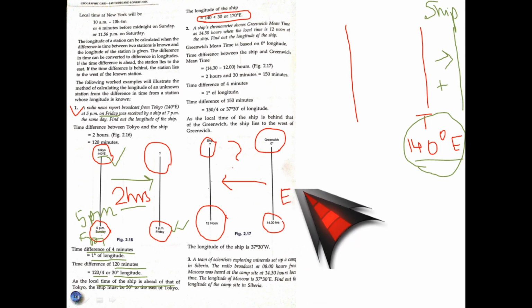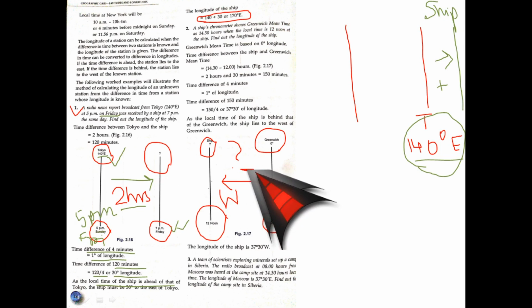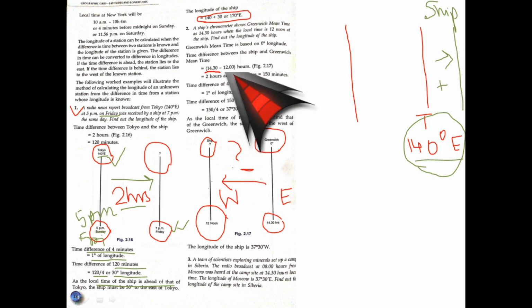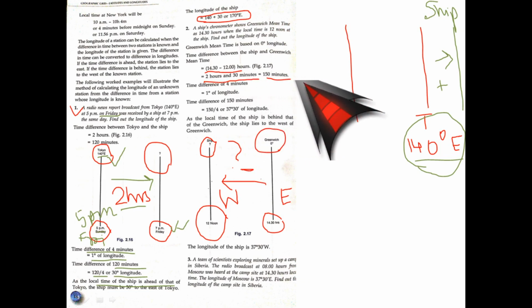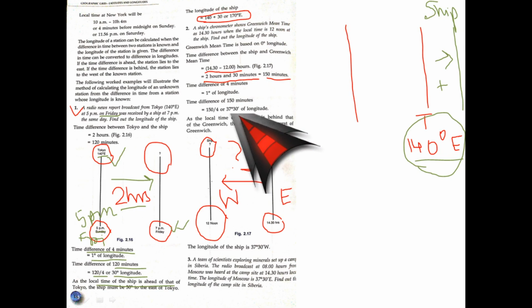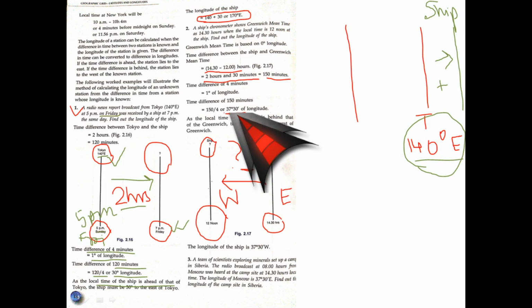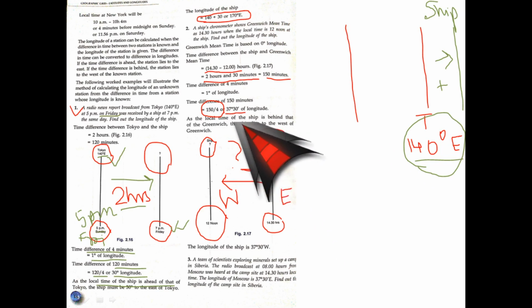So it means Greenwich is on the more eastern side and that place is on the more western side, as the time is backward. So let's see what the time difference is. 14:30 minus 12 hours is 2 hours 30 minutes, which is approximately 150 minutes. So the time difference, 150 divided by 4, gives us 37 degrees 30 minutes.